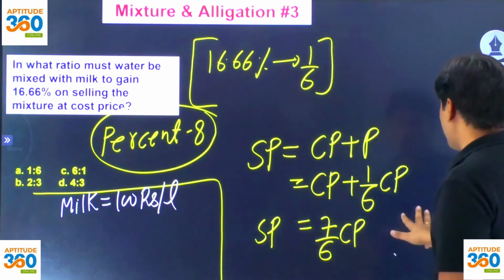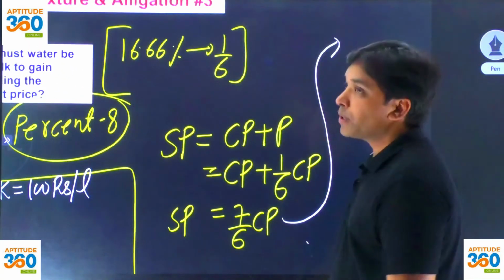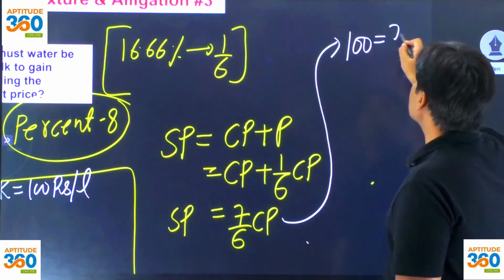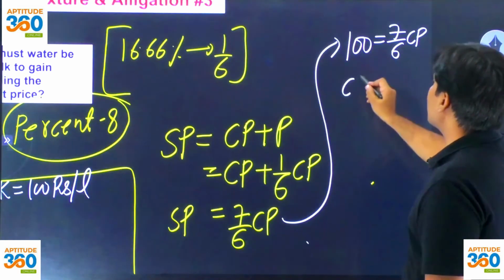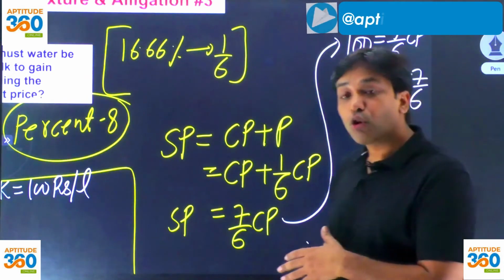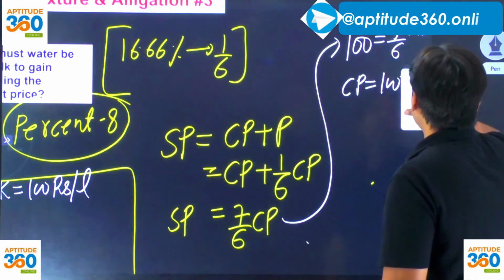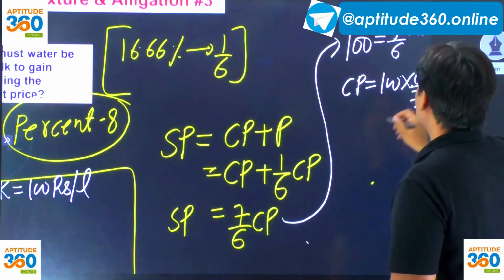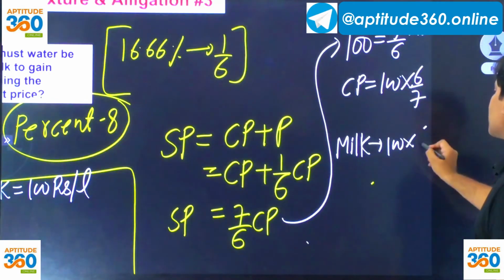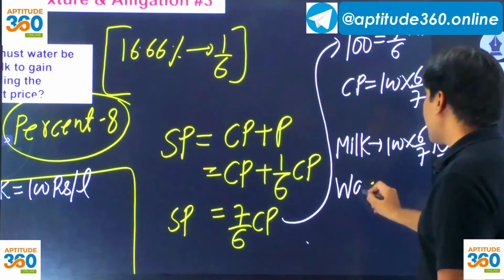अब इस वाले स्टेटमेंट के हिसाब से यहाँ पे कस्टमर ने कितना दिया, कस्टमर तो under this assumption के हो तो प्योर मिल्क लेके जा रहा है, उसने 100 रुपए दे दिया। So selling price in this case is 100 rupees which is 7/6 of CP. So CP comes out as how much, 100 into 6/7। इतने का तो हो गया क्या, दूध। अब अगर इतने का दूध हो गया, not, तो पानी कितने का हुआ। So this is going to be the milk, probably now you are getting the problem. 100 into 6/7 रुपीज का हुआ, क्या हुआ, मिल्क हुआ।